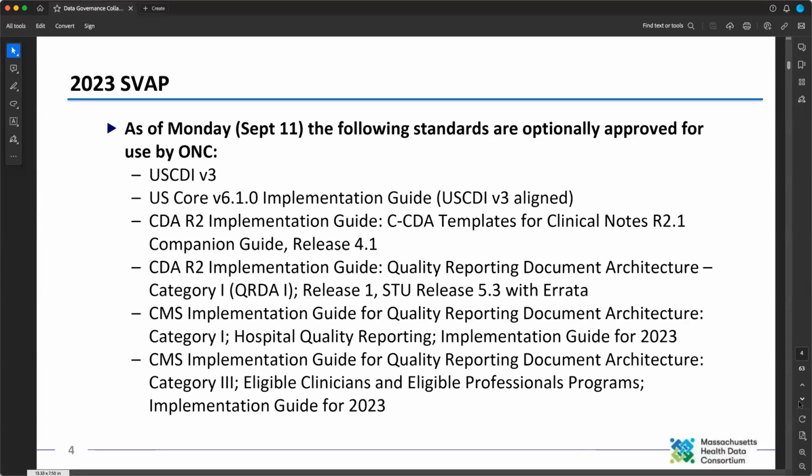You'll see the big thing is these are all related to going to USCDI version 3. So you have USCDI version 3 and the related US core version, and then I believe that the CCDA and QRDA documents are also related to upgrading the USCDI version. I'm not 100% sure on all of them that those are the only changes, but basically this is an update. But if you go to the next slide,